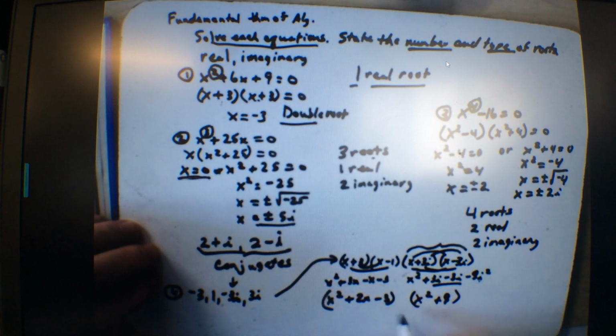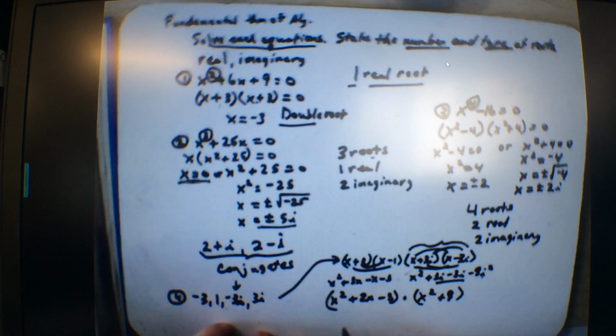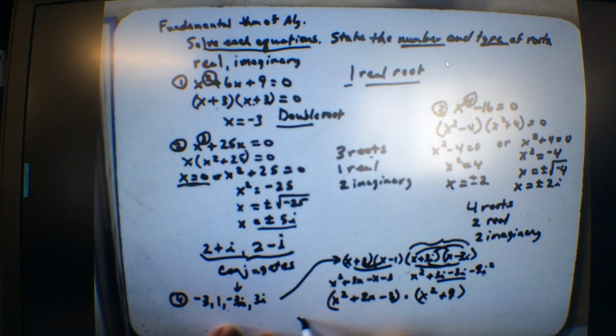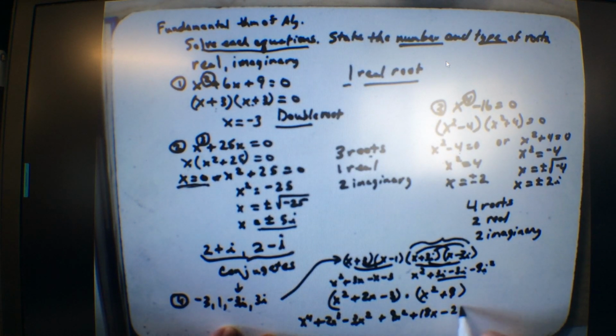You gotta take this times this. So, x to the 4th. Yep, and you gotta do x to the 4th, then plus 2x cubed minus 3x squared, and then I bring the 9 through, plus 9x squared plus 18x minus 27. So if I add like terms, I get x to the 4th plus 2x cubed